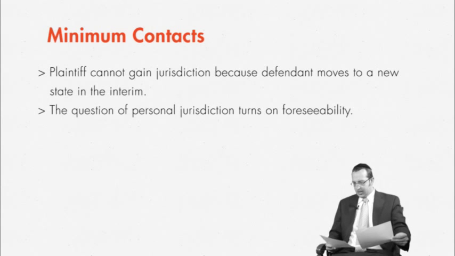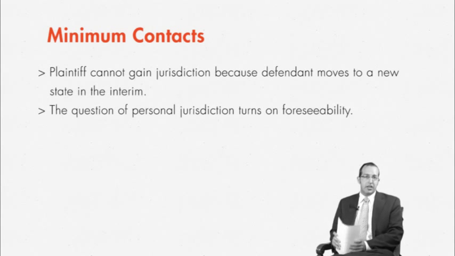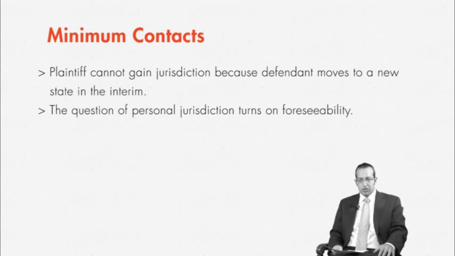Why is that? It's not simply that we care that the defendant is in the state, which the defendant now is, they opened up an office, but that jurisdiction over that defendant was foreseeable at the time of the underlying events, that is, when they entered into this contract. So the question of jurisdiction is going to turn not on the fact that Acme is there 3 years later, but on whether the original contract gave rise to minimum contacts at that time, such that suit in that state was foreseeable.